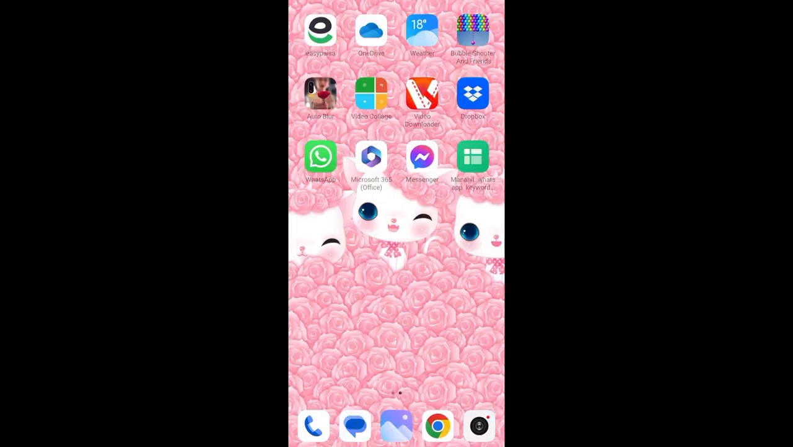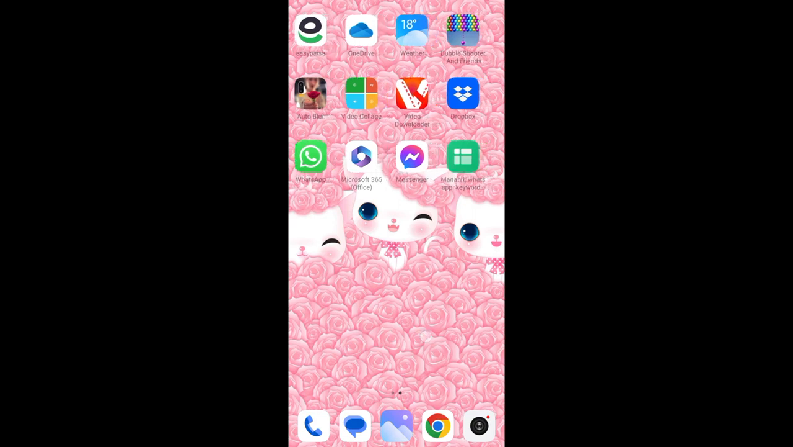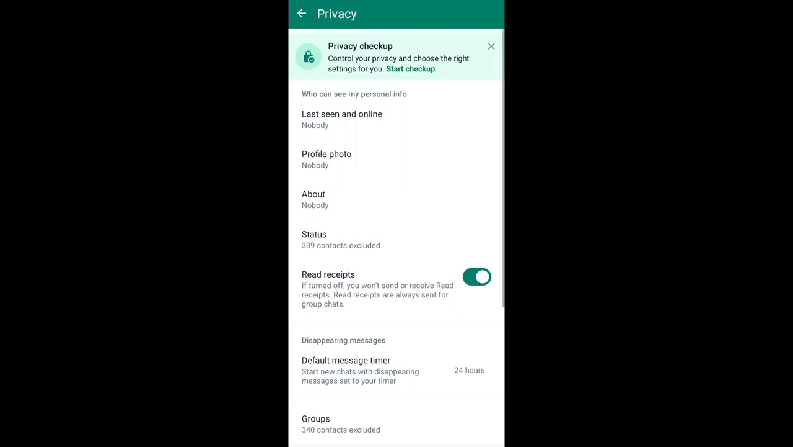So guys, if your WhatsApp profile picture is not showing, there are several possible reasons and solutions. First of all, you have to check your privacy settings. Make sure that your profile picture visibility settings are set to everyone or my contacts so that others can see